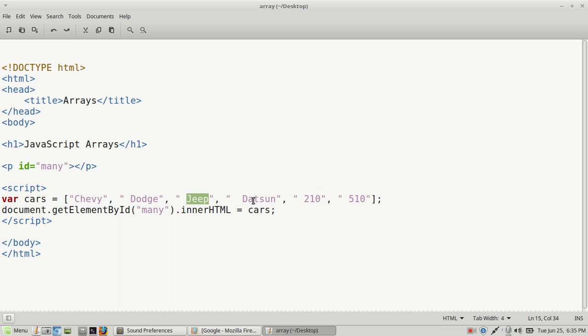And then Datsun. That was an old car company. It was bought out by Nissan. And then Nissan had two car models, one called the 210 and a 510, I believe. Now, even though these numbers are in quotes, if you put a number between quotes, it changes it from a